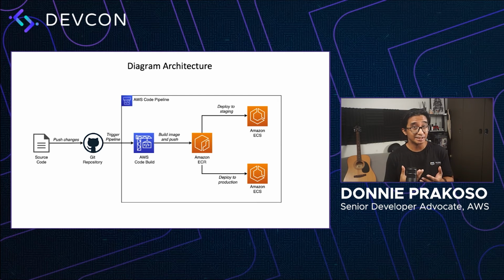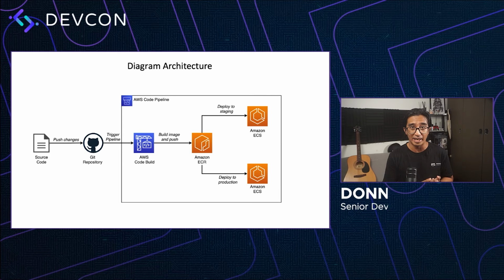But in practice, we have more than one environment. It can be staging, testing, UAT, and production. You probably use staging to integrate all the services that you built and do a series of testing just to make sure everything works properly. And once it's done, you deploy them into the production environment. So let's jump into another demo on how we can easily create another environment and also create a release pipeline for multiple environments with AWS Copilot.